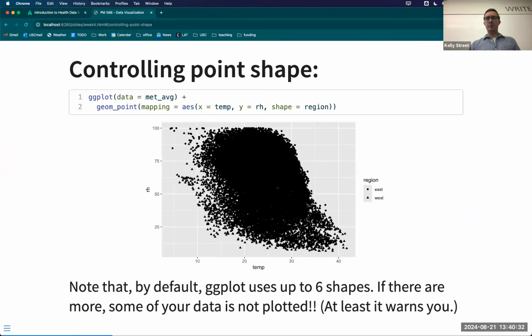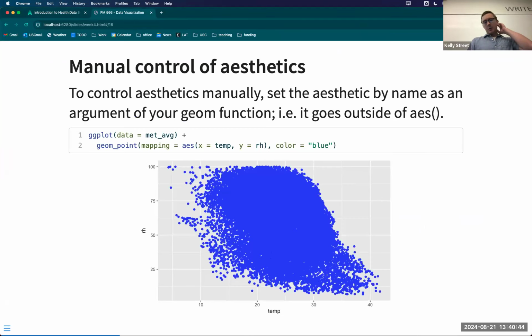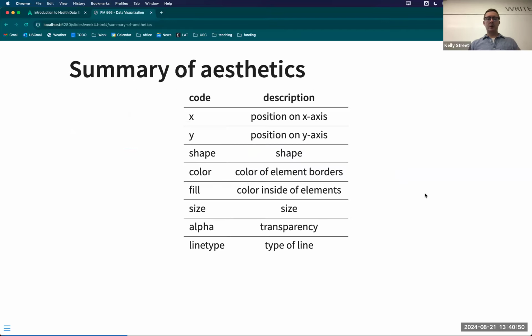Just as with base plot, you can choose different shapes for your points. So here there's circles and triangles. I don't think that looks good, but you can do it if you want. Yeah, here just manually setting the color to blue. Here's sort of a quick rundown of the different types of things you can do just within that aes function